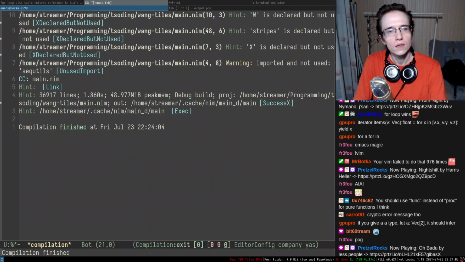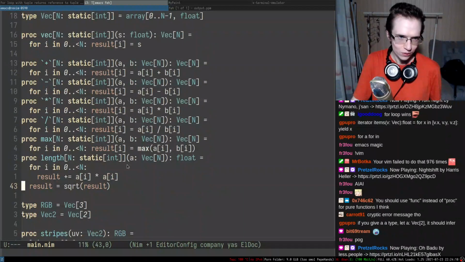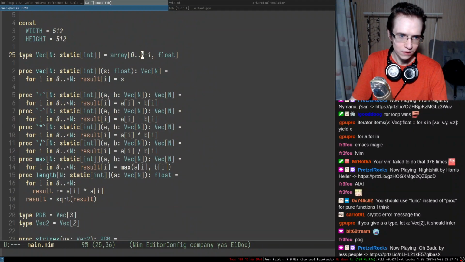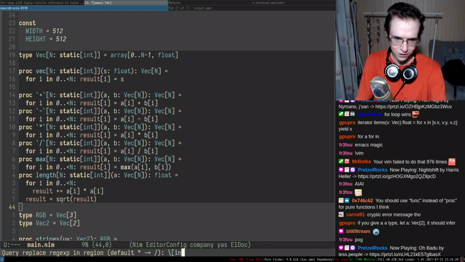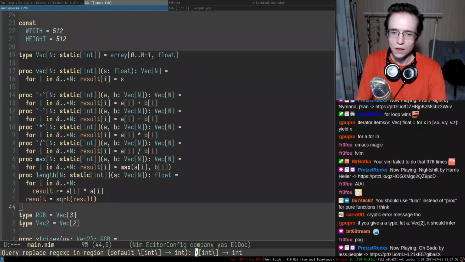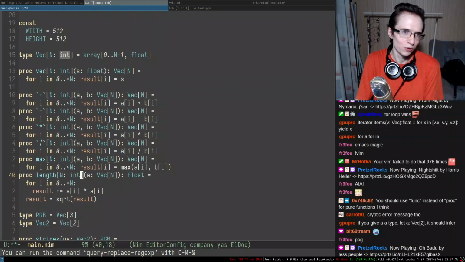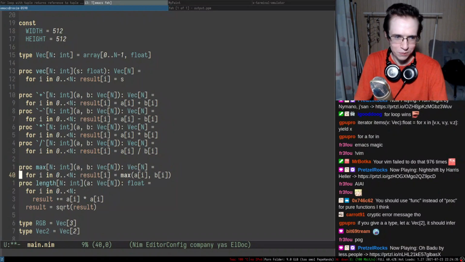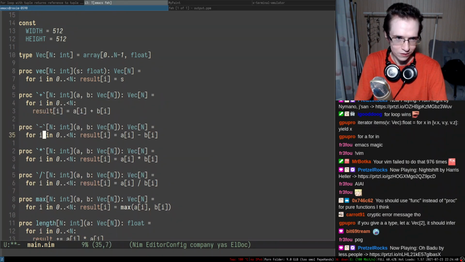But we never actually instantiated that generic thing, so maybe it doesn't really matter. So just to actually demonstrate, look what's gonna happen if we replace. I think we need to query replace with the regular expressions, and I'm going to be replacing this thing specifically with just int. Didn't really work that well. I think I have to do it like this. Static. I think it became much more readable, at least if I separate this thing like that. Okay, so maybe if I could do this kind of stuff.